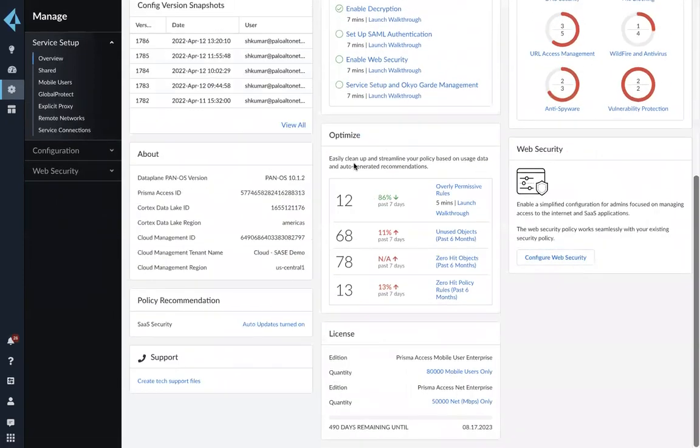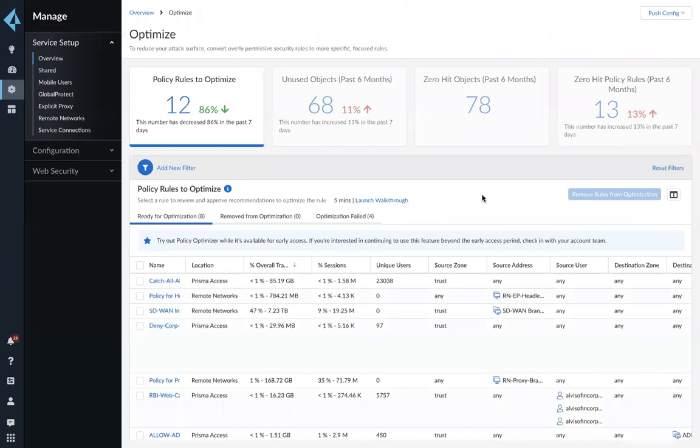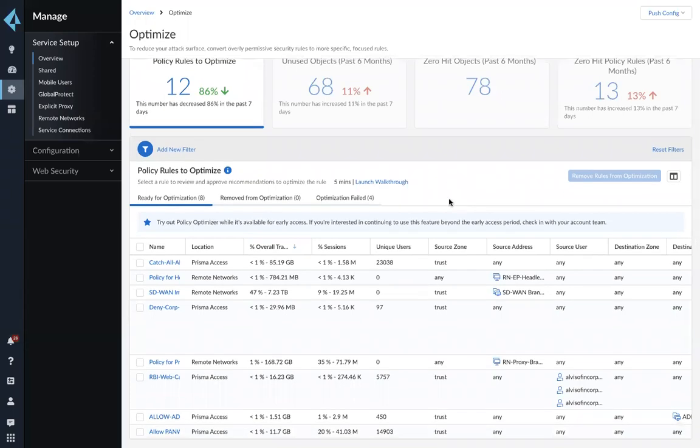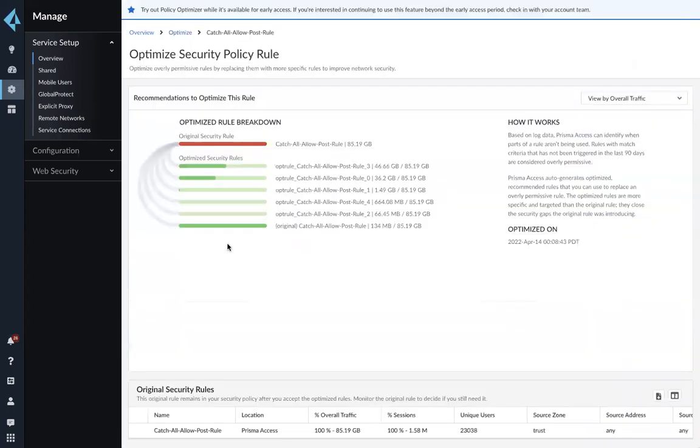And then we also have the policy optimizer. The idea with the policy optimizer is that this is an ML-based algorithm, where when you define a particular rule, we look at all the traffic which is allowed by the rule, and then after some time we come up with optimizations for the rule and say, hey, it would be good if you can boil down the rules to actually different